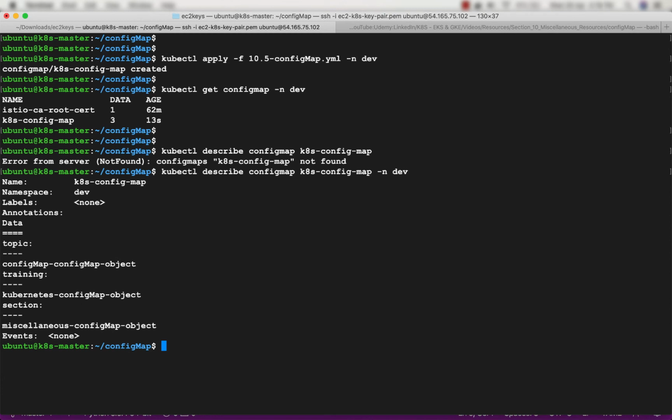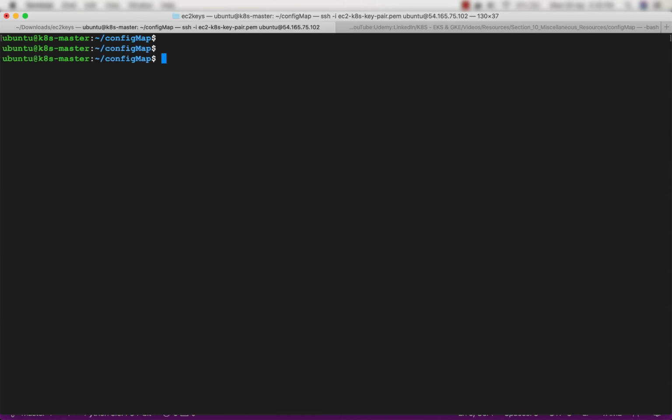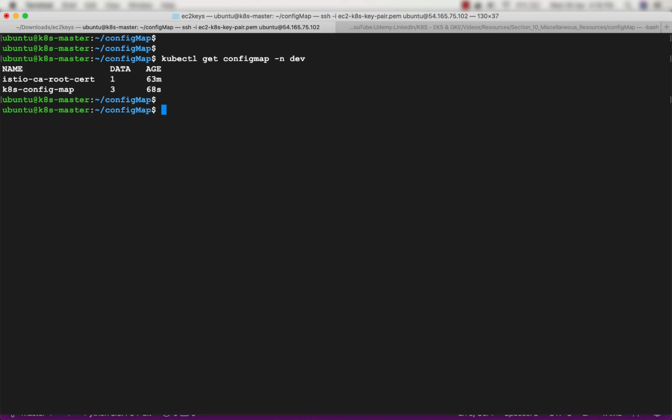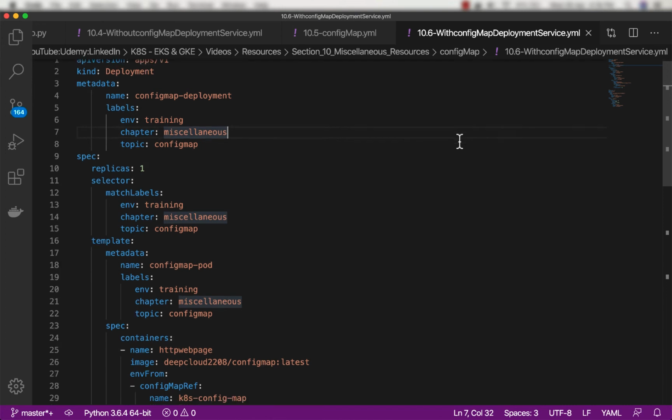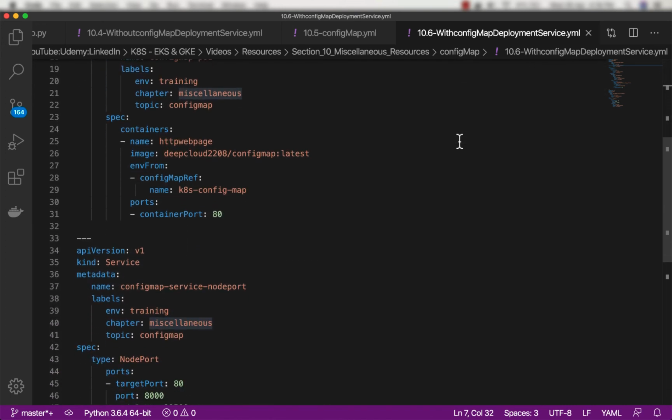So now what I'll do is I'll create the pod, but before that let us go ahead and see the deployment manifest file. So this is the deployment manifest file. Everything remains same except for the container specification.